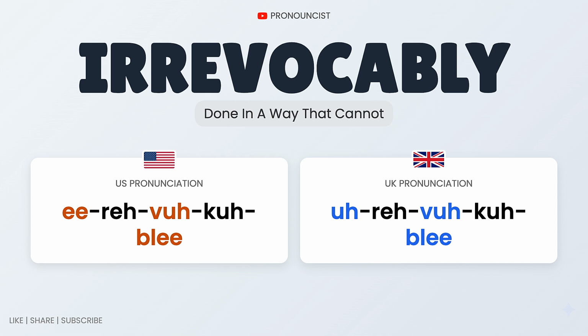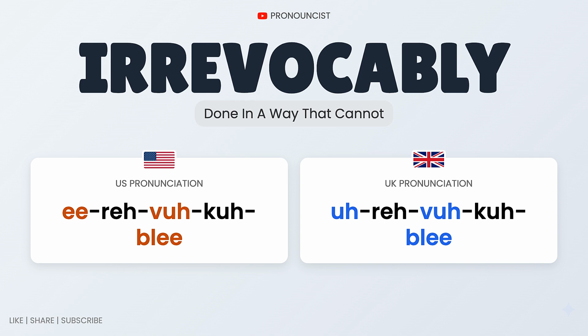irrevocably. Now, read the syllables of British pronunciation shown on the screen naturally. Irrevocably. US starts with E, UK starts with